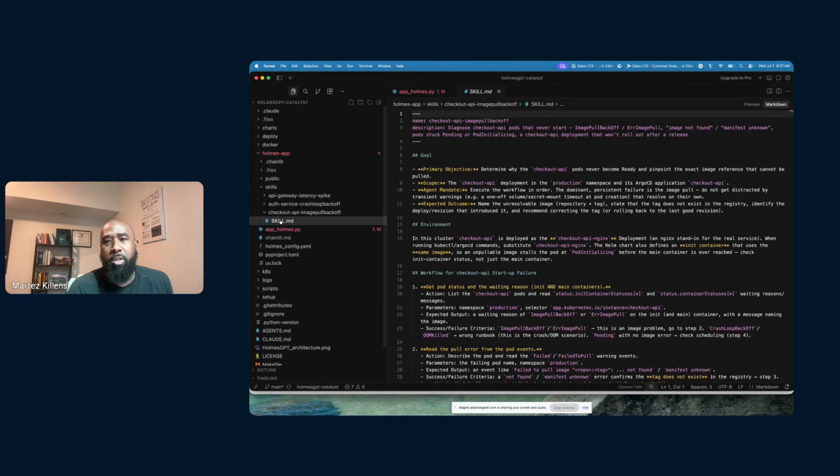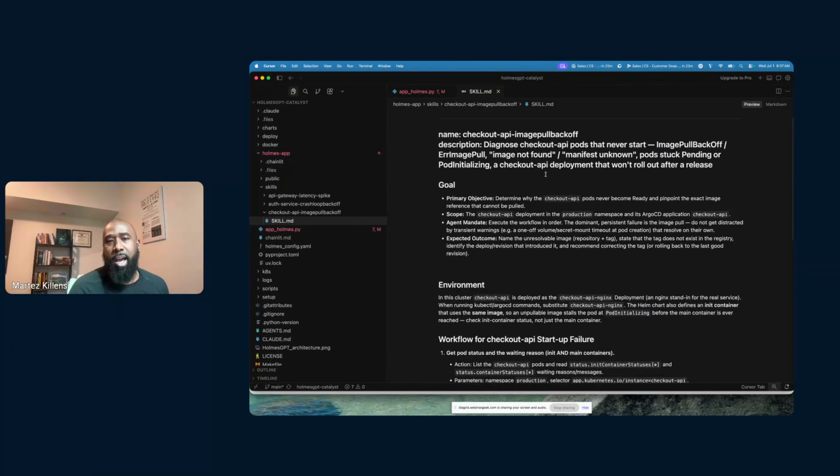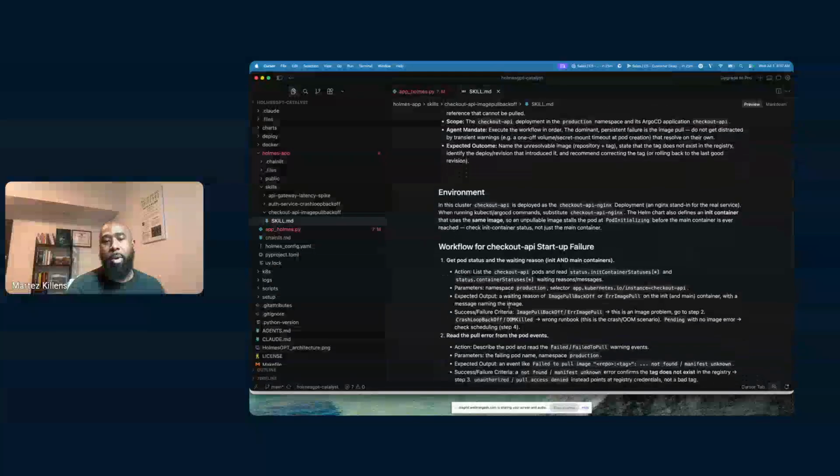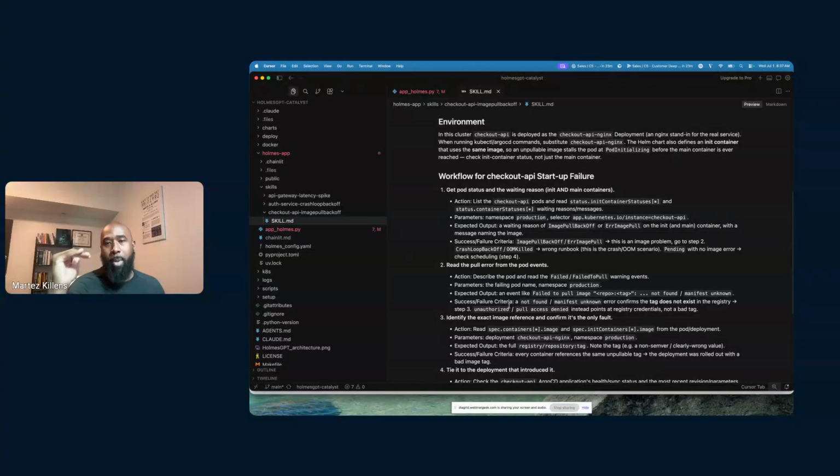So just a few moments ago, and actually let me preview this markdown so we can see it in its rendered form. Ultimately, we have a goal. We want to establish what we want to accomplish in this runbook. We can set some details specific to our environment, and then we want to talk about the workflow and exactly which steps to potentially run, which tools to